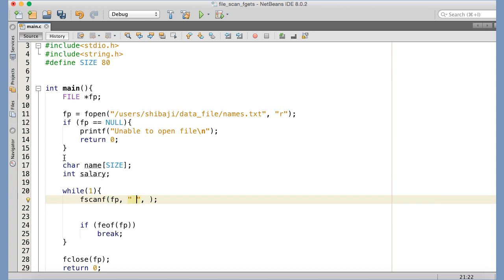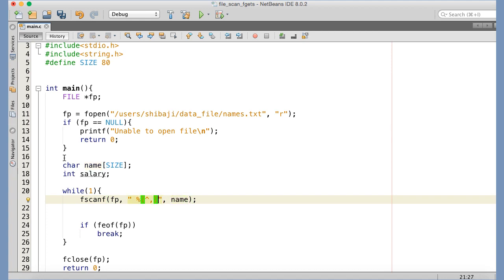So here I'm going to use the pattern matching for the string, that is %[^,]. Now this is going to tell scanf to read everything and terminate the reading when it encounters the comma. So prior to the comma everything is going to be read, and we need to store that in the name character array. So the first parameter after the format string is the name of the character array,